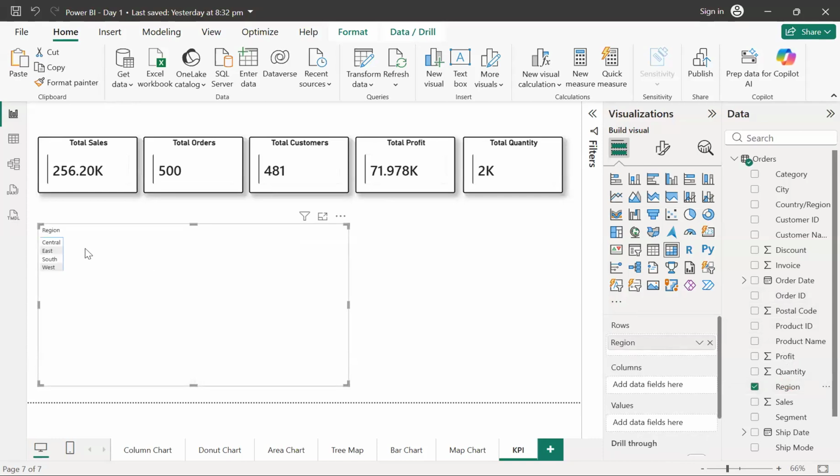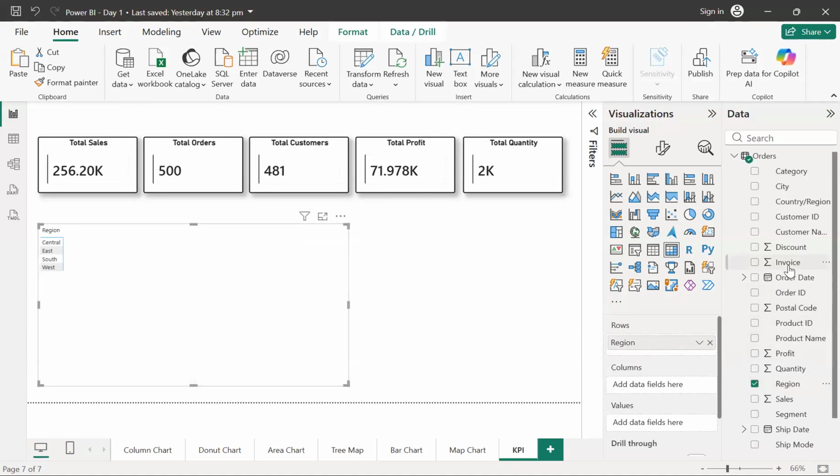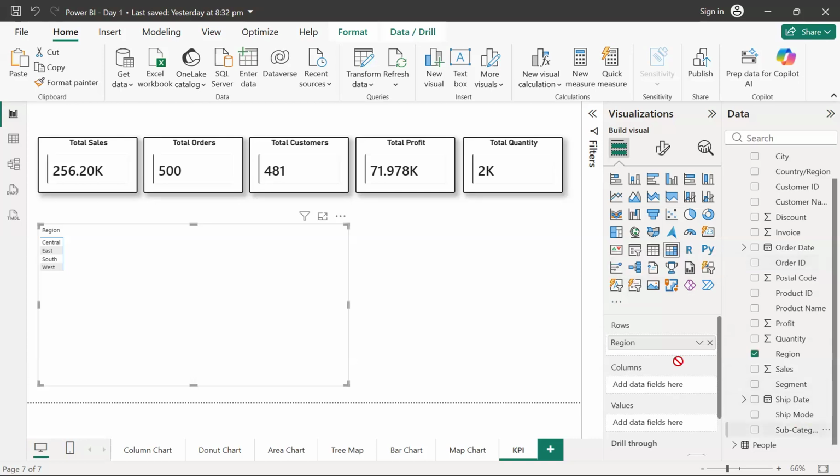You can clearly observe that there are four regions, as we all know. Similarly, into the rows itself, we can bring the subcategory. So we have taken the regions, and inside each region the subcategory.